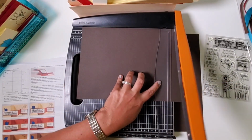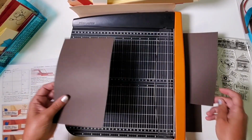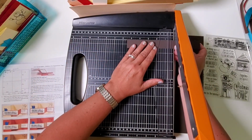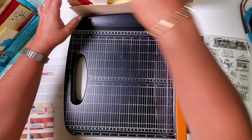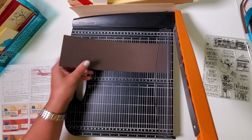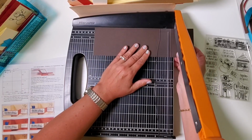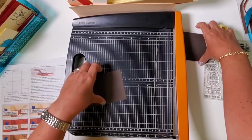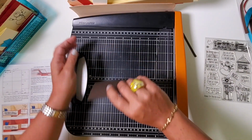Rotate 11 and 5.5. So that's 2 more card bases. Our little strip, once again, 5.5. This goes in pocket C. A scrap, and finally 11 3/4 on this last strip, 9.5 again, and 4 3/4 again. All right, all of these pieces, the 2 larger rectangles and the small panel, all of that goes in B,